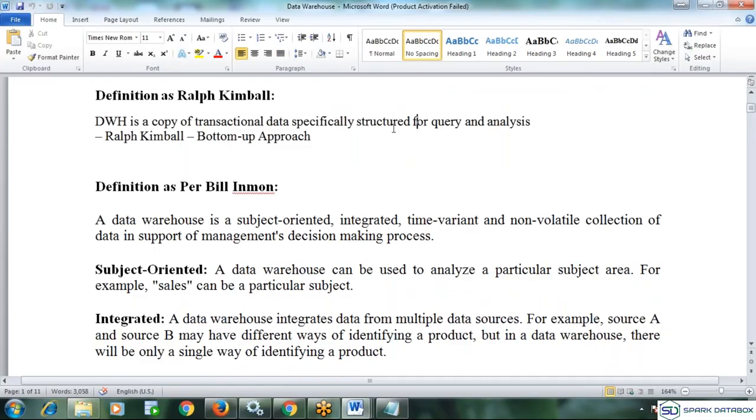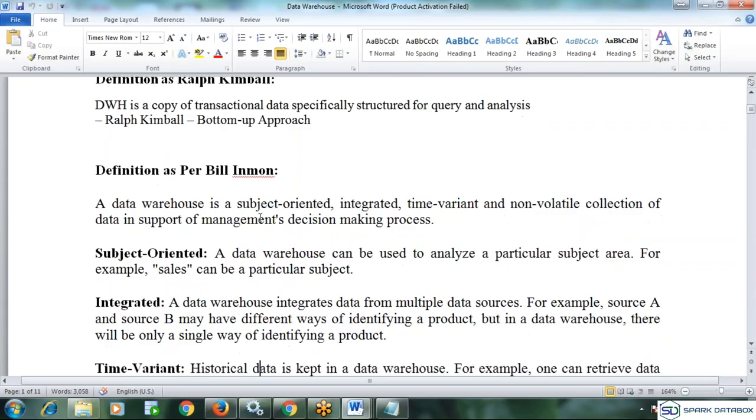This is one of the definitions. So, what is the purpose of your data warehouse? Simply, it is querying and analysis. And the characteristics of a data warehouse are that it is subject-oriented, integrated, time-variant, and non-volatile. So, what is a subject-oriented database?